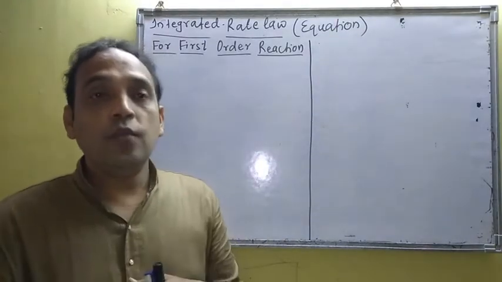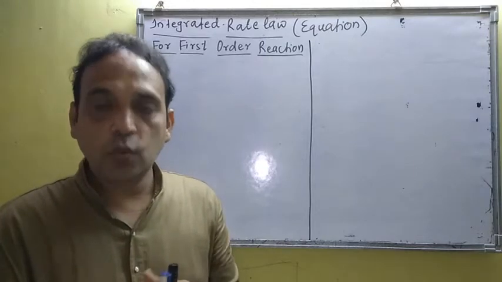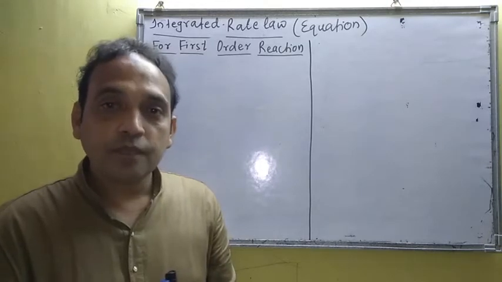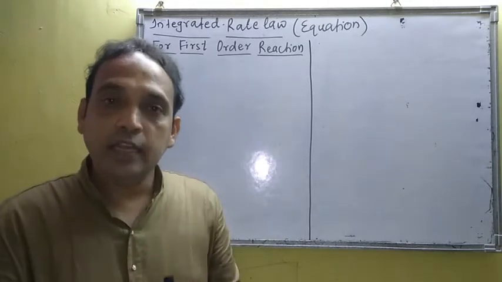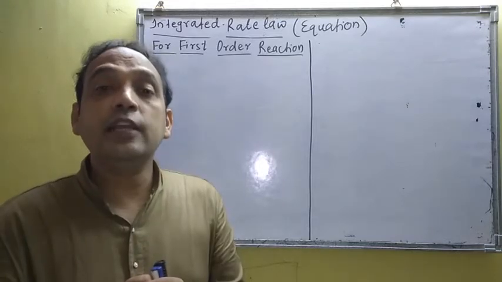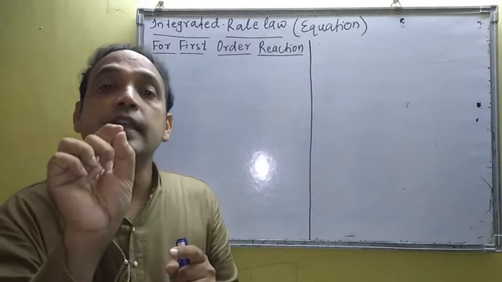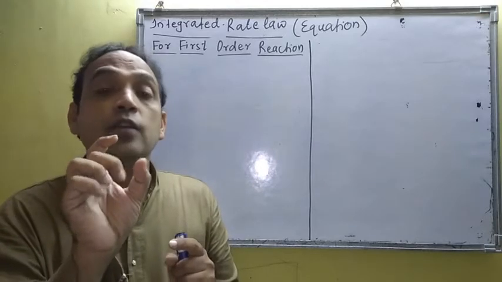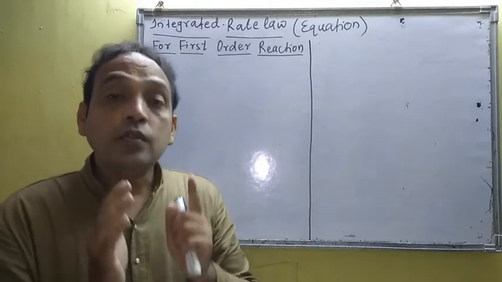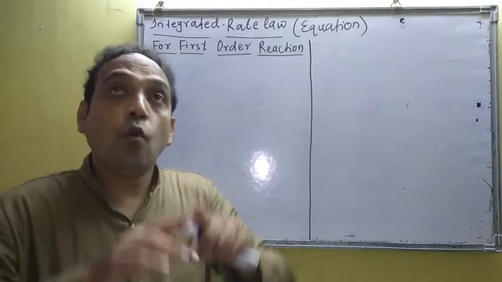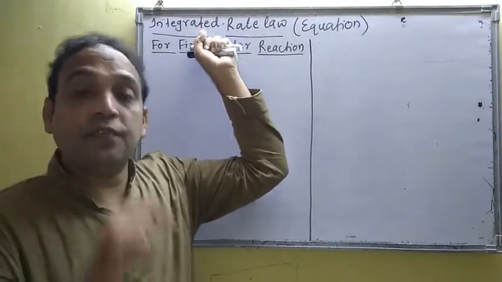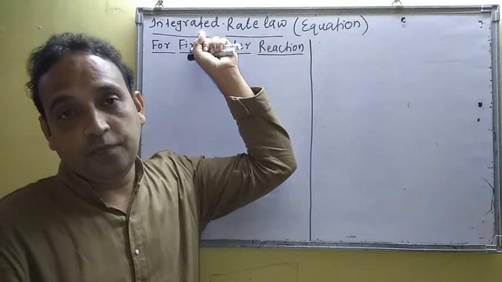Now here we are writing instantaneous rate. So why is there a need to write the integrated equation? We are writing the differential rate. Why is there a need to find the integrated rate? The differential rate gives information at an instant of time. Now suppose I have to find out the rate of the overall reaction. For that purpose, we have to integrate the differential rate law.